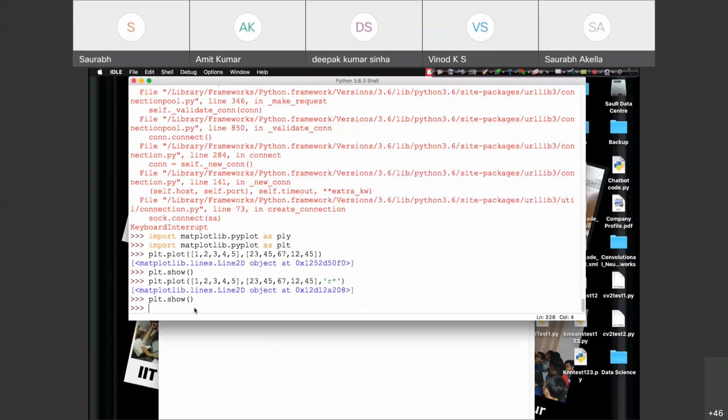If I want line and points both at the same time, I'll just copy the same thing again, and I'll not use the third parameter here. Even if you need a third parameter, you can go with, suppose, green color and a dotted line. You can keep it like this also.